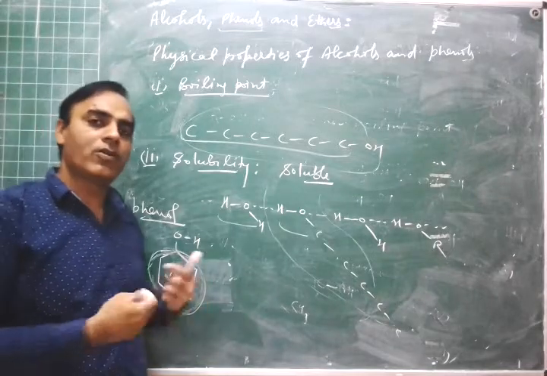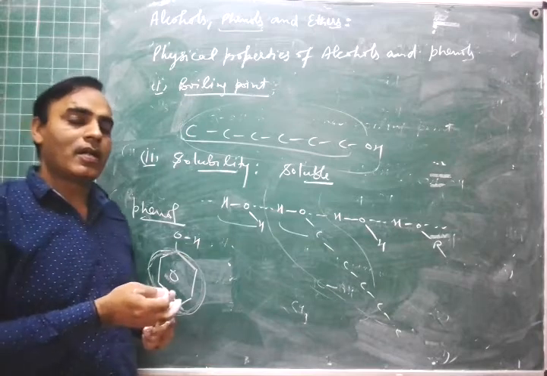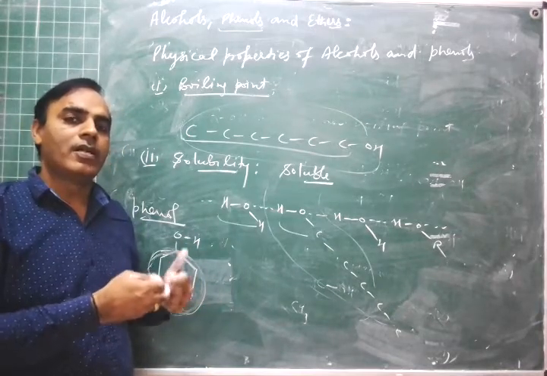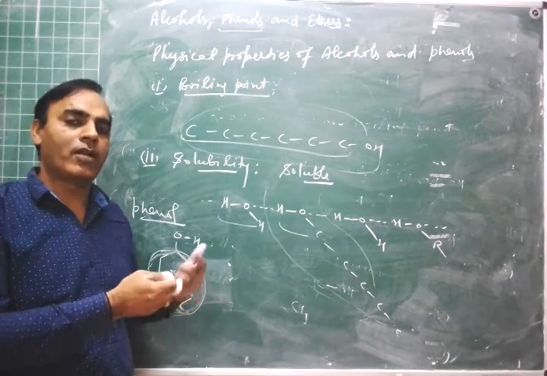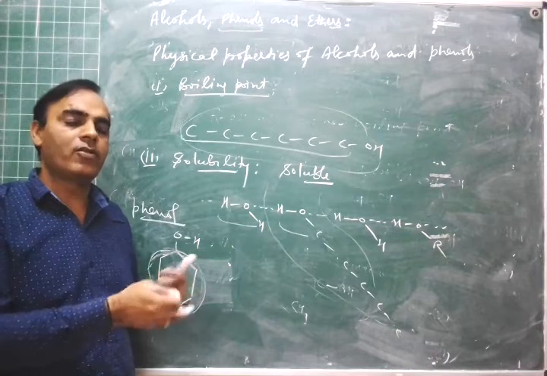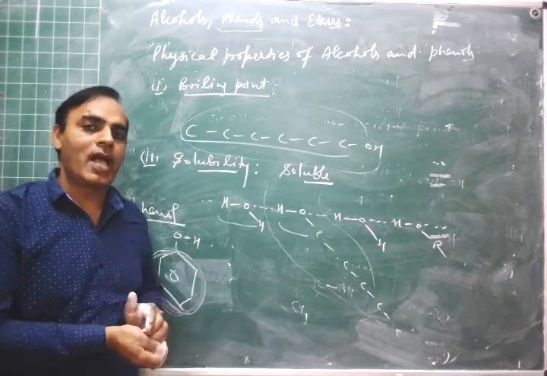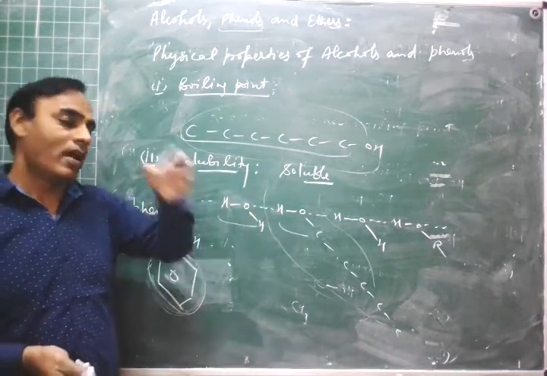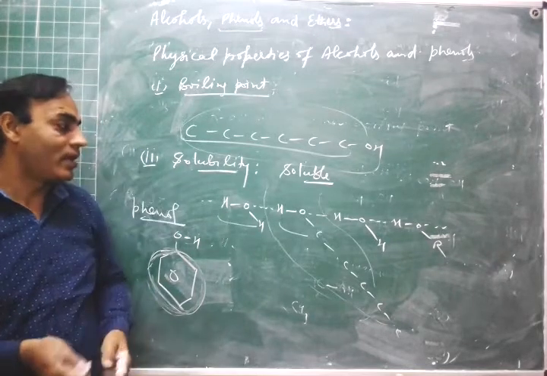Now alcohol is soluble in organic compounds, because the principle is that like dissolves like, that is, organic compound dissolves organic compound, and you can say non-polar compound. Organic compound is non-polar, it is largely non-polar. So some ionic character may be there, but it is largely non-polar. So non-polar compounds dissolve non-polar compounds, and that's why it is soluble in organic compounds, right?